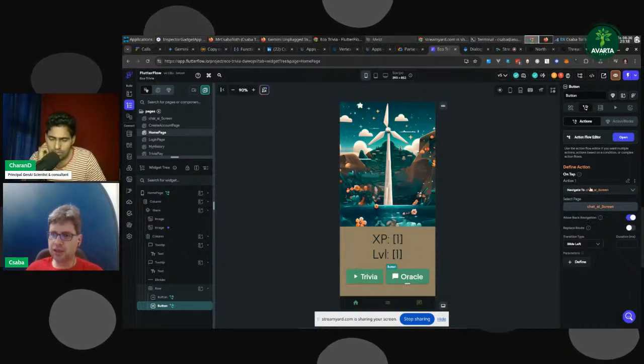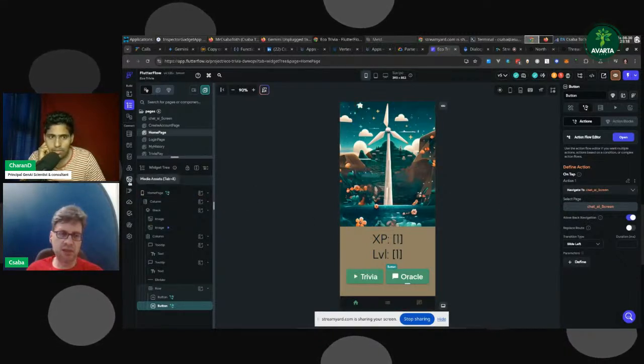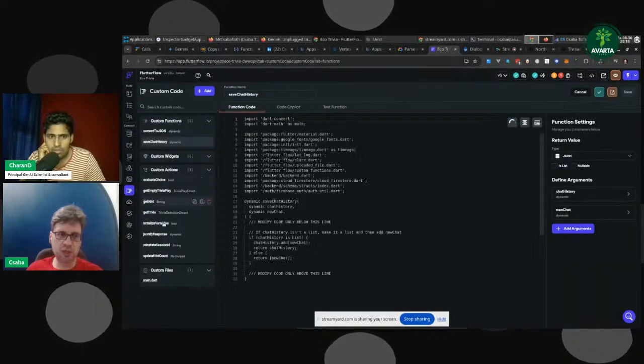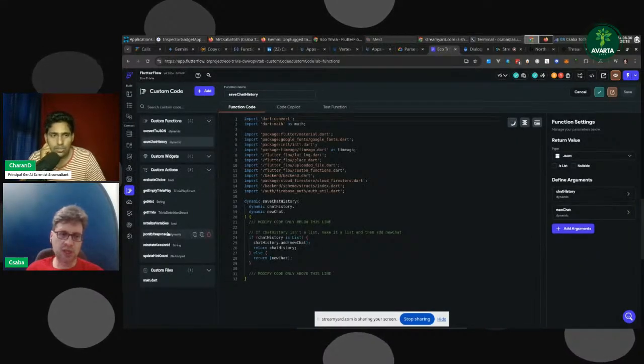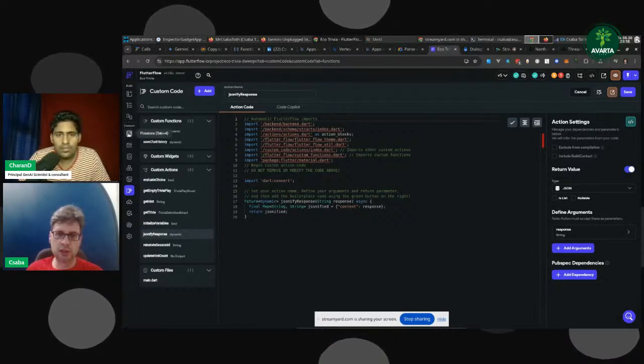Most of the time even these button clicks are no code, but sometimes I wasn't able to do this all without code, so I have some functions here. In each case, it's good if you know some Dart and things, but mostly it's no code,